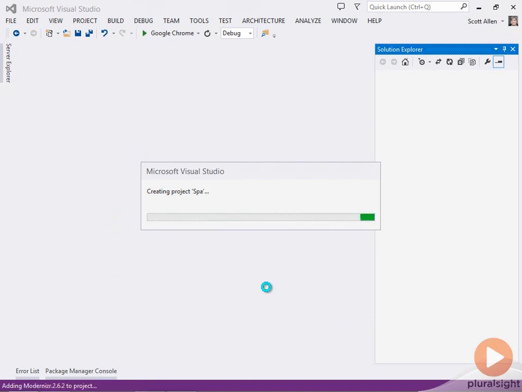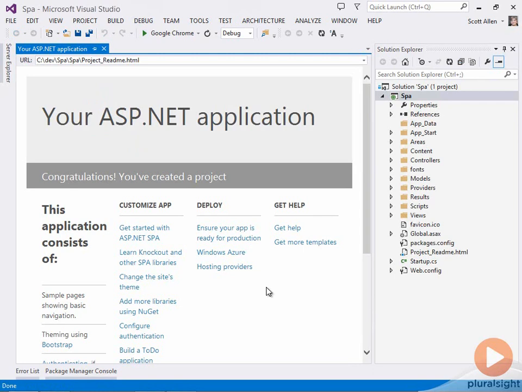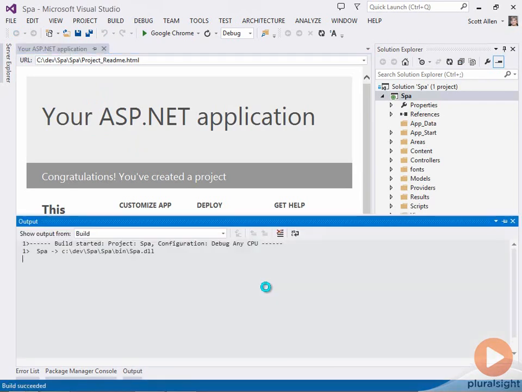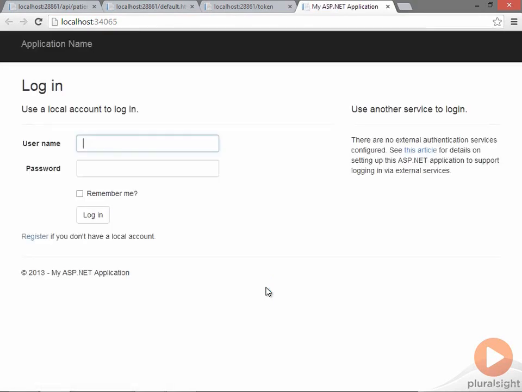interacts with the account controller and the token endpoint much in the same way that I just did. It will allow a user to register, allow a user to log in, also allow a user to authenticate with third-party authentication providers like Google and Twitter if you enable that in the application, and you can do that just like we did in the identity module. You go into the OWIN Startup Auth middleware class and uncomment the lines of code associated with the provider that